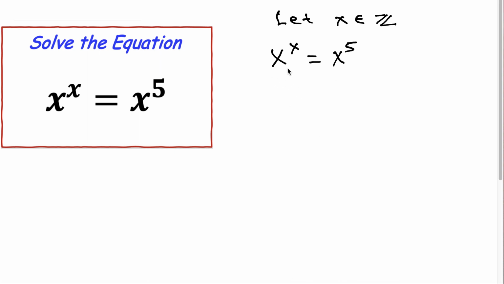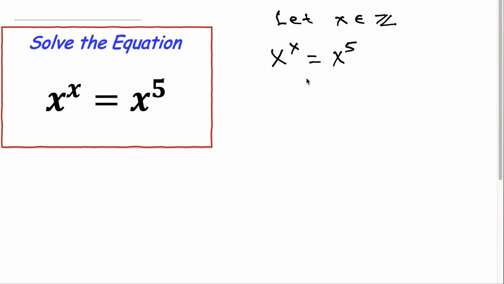Just by inspecting this equation, we already see x is equal to 1 and minus 1, because 1 to the power 1 is equal to 1 to the power 5, and minus 1 to the power minus 1 is equal to minus 1 to the power 5. So we already see by inspection. But if we want to justify our results, this x equal to 1 and minus 1, and to find